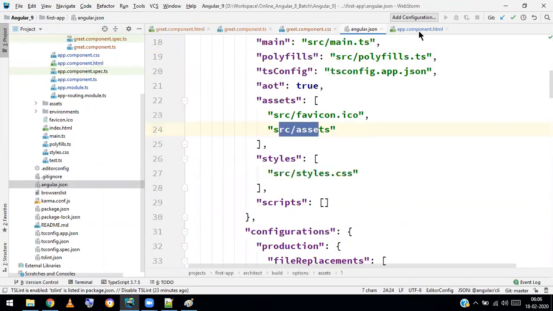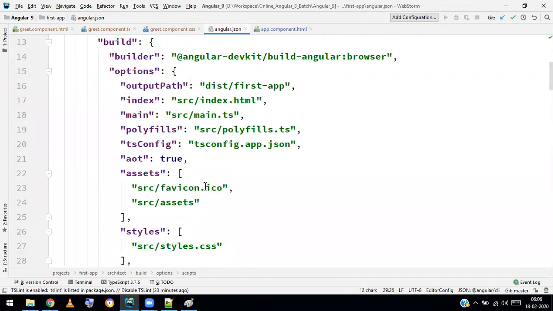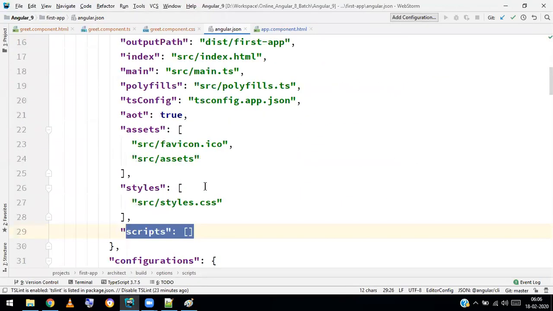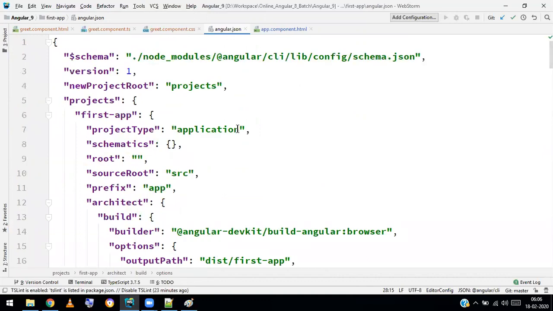Here you can find something called styles and scripts. In the styles you have the src folder, style.css, and scripts are also there. So you can just make a path here, src folder, style.css and all. So let's make that path now.